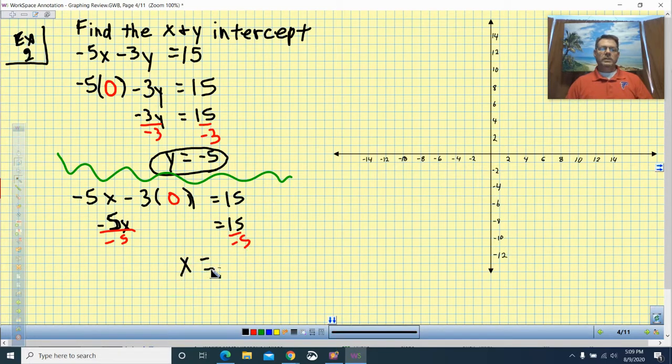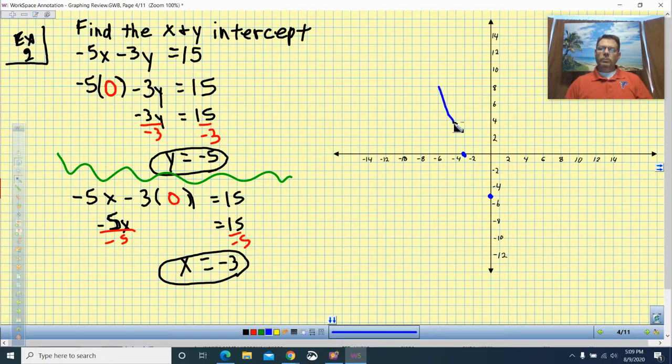And so get x equals negative 3. Well, there you go. And so that's our y-intercept and our x-intercept. And I can graph those. So I'll go to my y-axis to negative 5, my x-axis to negative 3, and see, and then I can